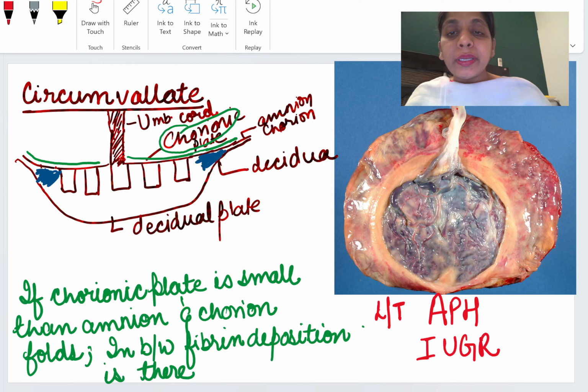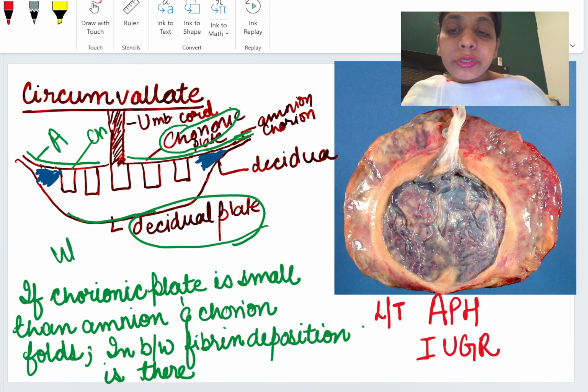Okay, this lower one which is attached to the uterus side. Okay, this is a decidual plate. And when will we say that this is amnion and this is chorion, and when will we say that from here the chorionic plate starts? The answer is, we will say that the chorionic plate has started if chorionic villi come out of it. Okay, so you are seeing that